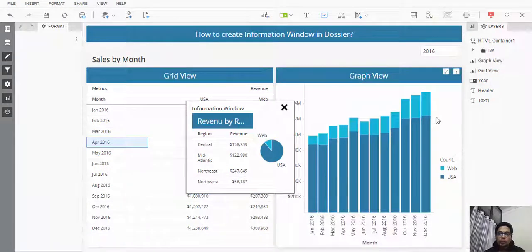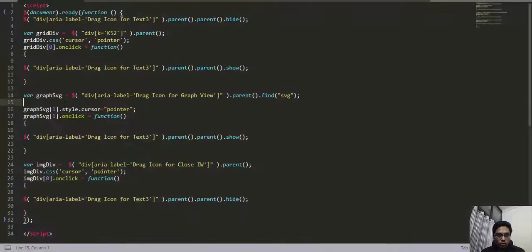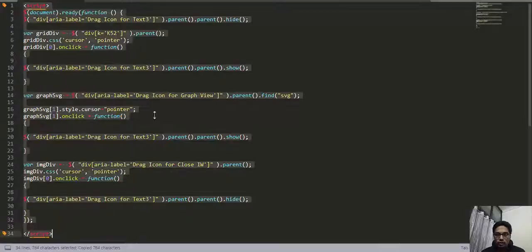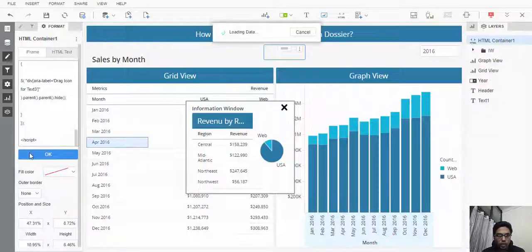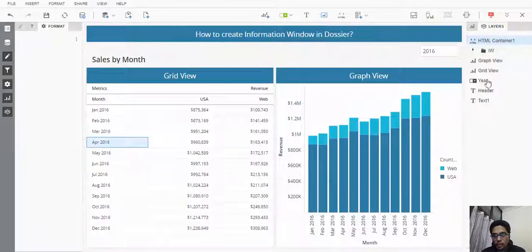One more thing which we need to take care of is the position of the HTML container in which we are going to add the code. I was testing the functionality in Workstation. This particular HTML container was not in the first position, it was in a different position, maybe the last or in between anywhere.